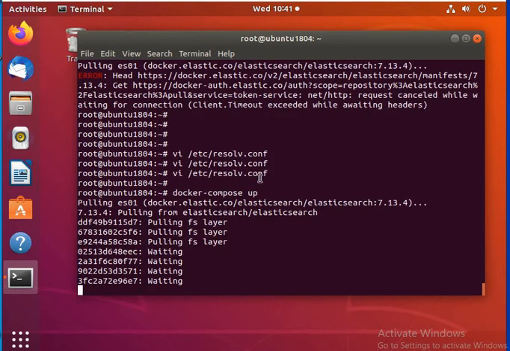So it started pulling the image. Let's wait for the download.